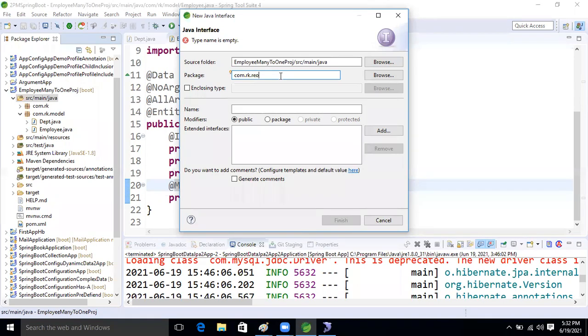Just take a repo package. Department repository. Now finish it.